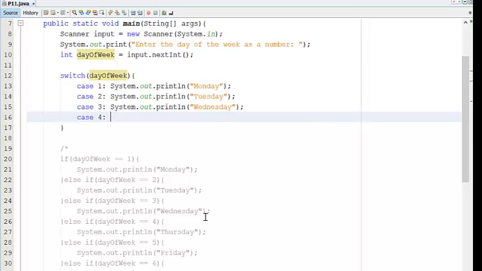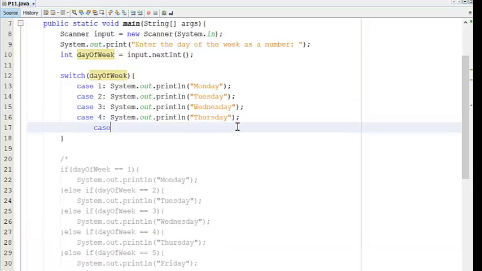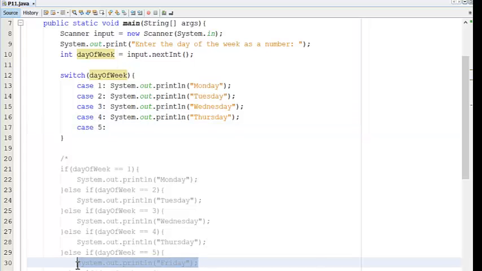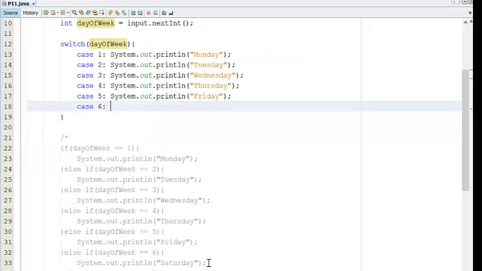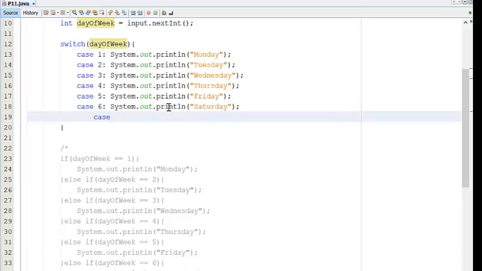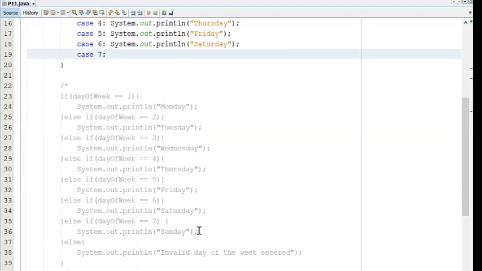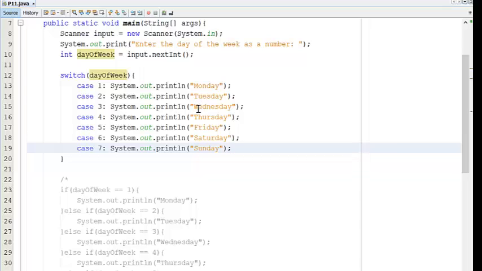Case 4, Thursday. Case 5, Friday. Case 6, Saturday. Case 7, Sunday. If we want to do a statement so that if it is not 1, 2, 3, 4, 5, 6,